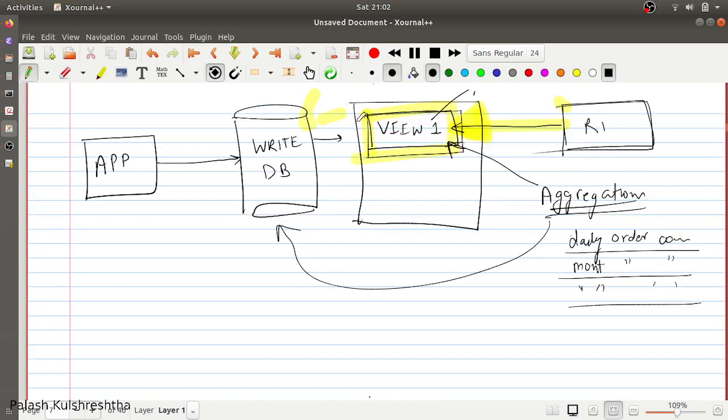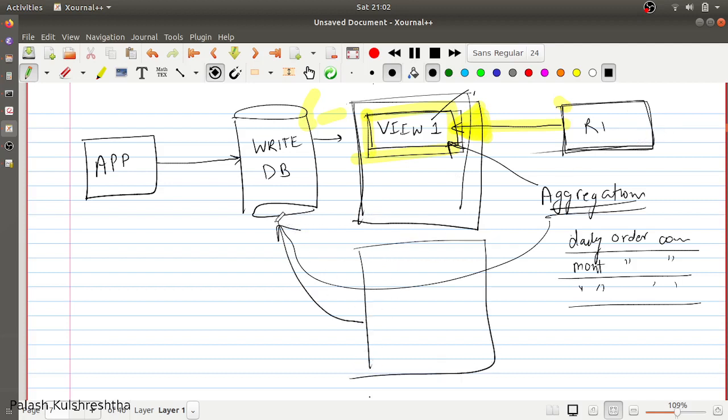Since the views do not have independent data present in them, if you want to change the view, or if your read application wants to access data using another pattern or another query, you can create these views using the data that is already present in your source of truth database. And once your view is ready, your read application can start reading from this view.